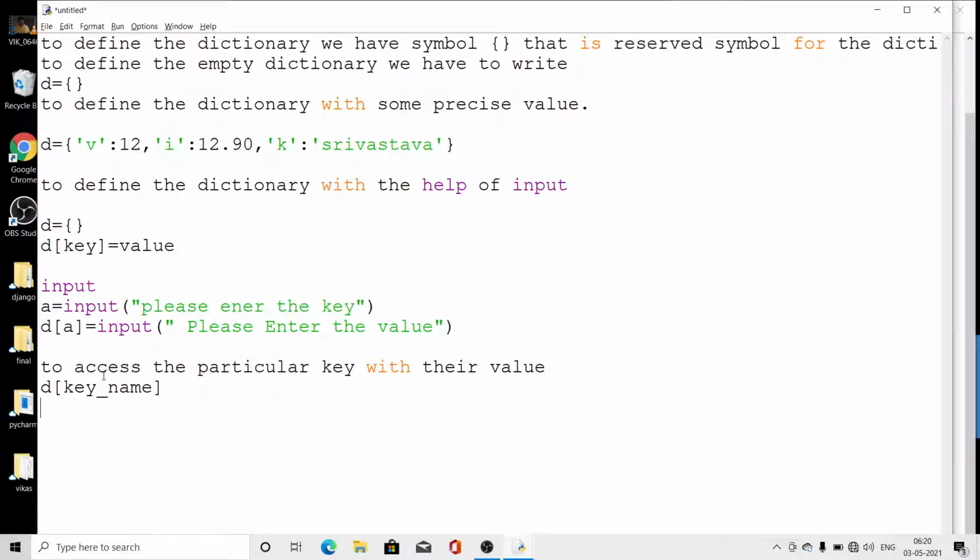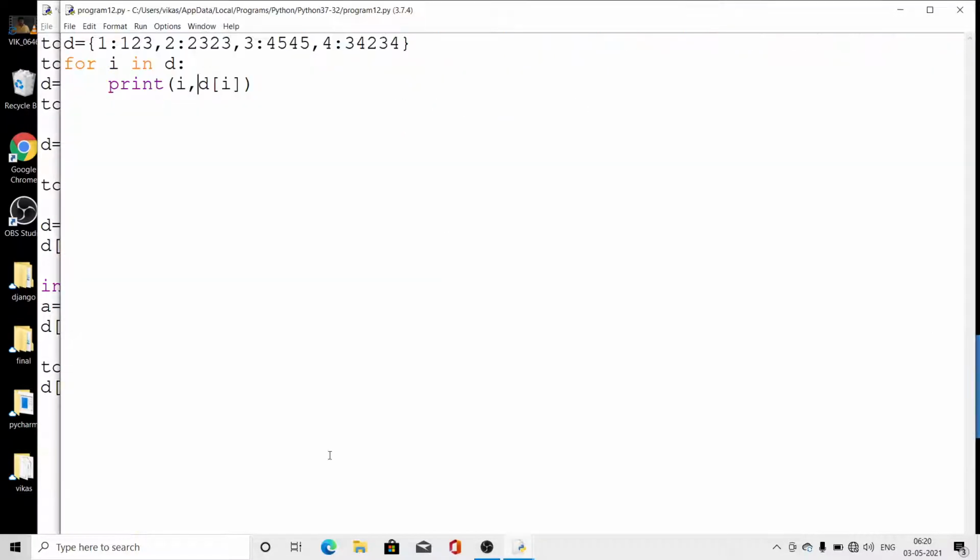It will return the value of that particular key. So that is the example I have taken here, I comma D of I. I, from the for loop, will give the key name, and D of I will return its value. Understand? So this is the way by which we are accessing.